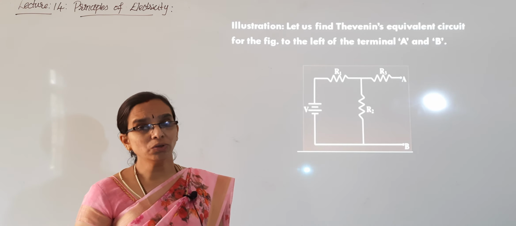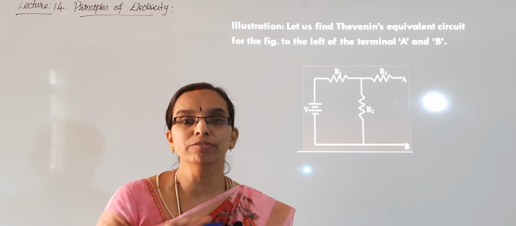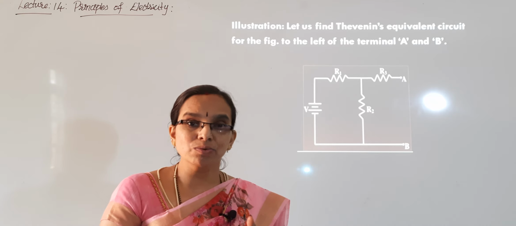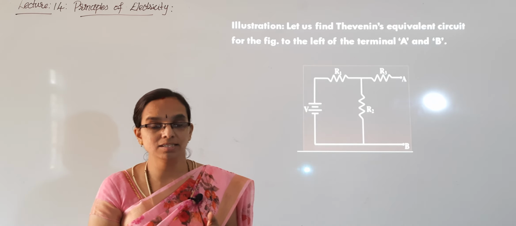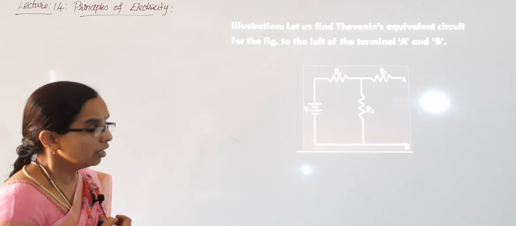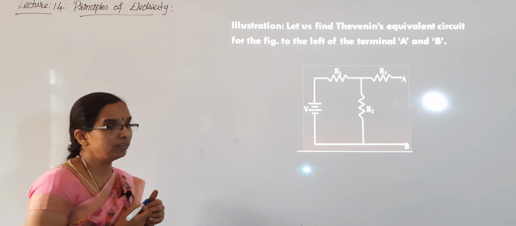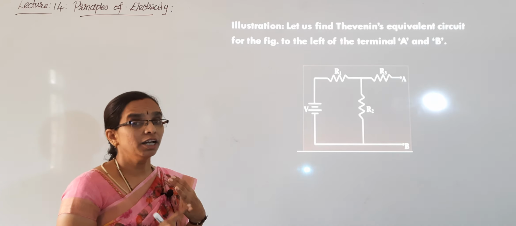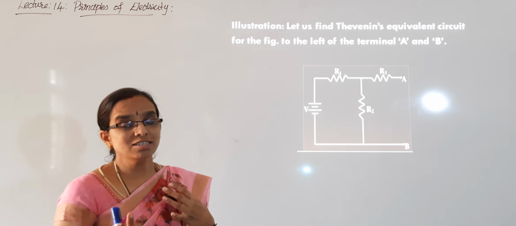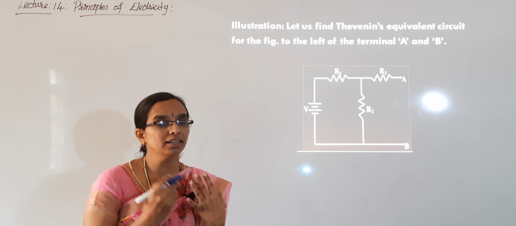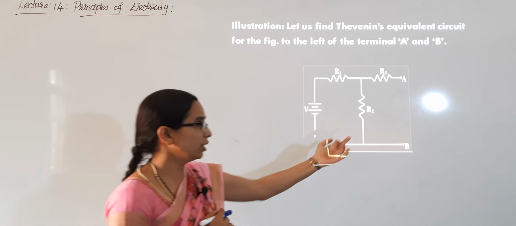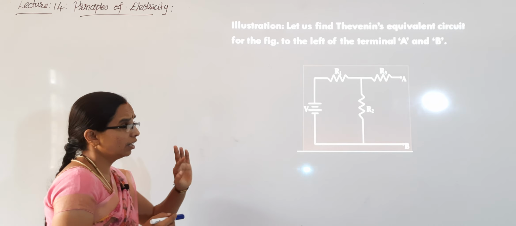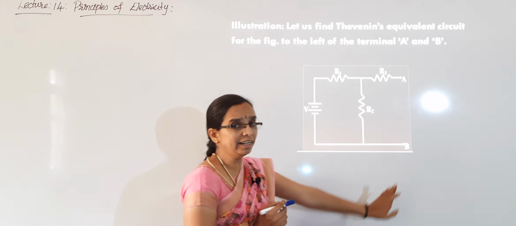They are asking us to Thevenize this circuit, that means convert this circuit into a simple circuit consisting of Thevenin's voltage and Thevenin's resistance. How will we do it? According to the steps to Thevenize the circuit, in the first step what will we do? We will remove the resistor whose voltage and current need to be calculated, that is not here because it is already removed. Okay. And the terminals are marked as A and B.